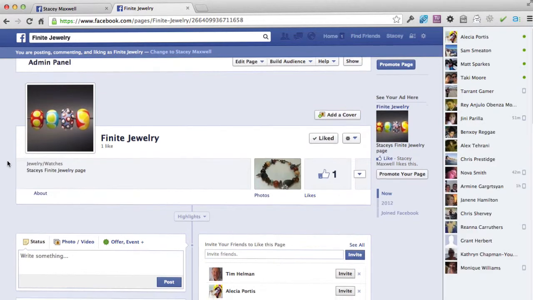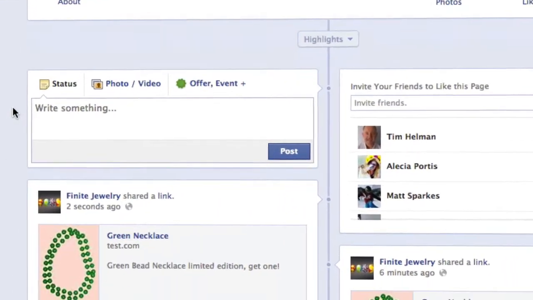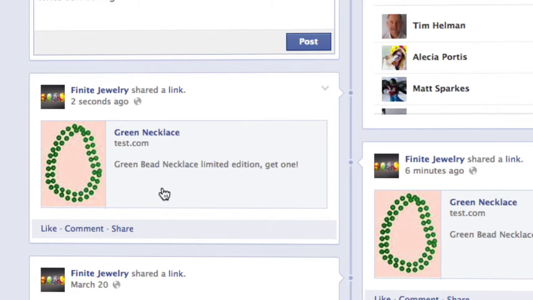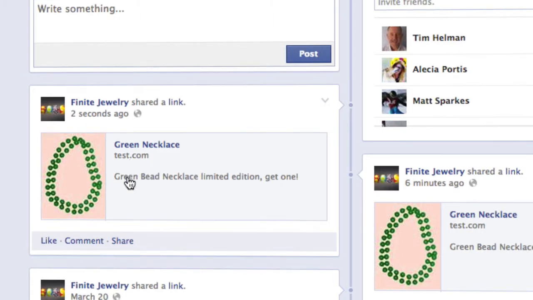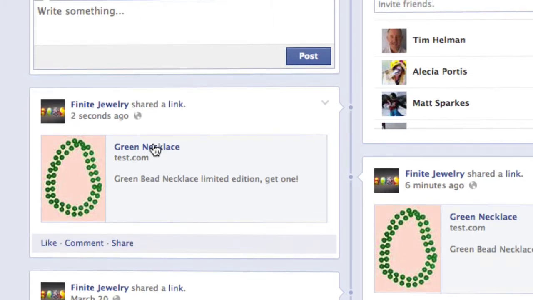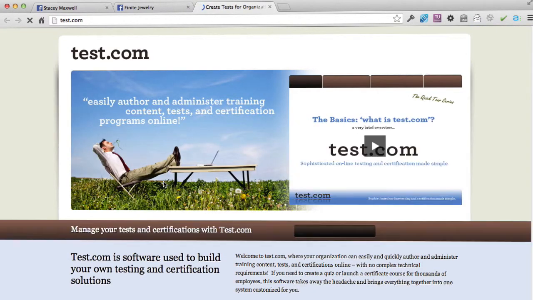And if we scroll down here, okay, so we can see here, this was the post that we made. So 2 seconds ago, we posted this green necklace. That's our URL, that's our description. And we can see if we actually click on this, I've got test.com here as an example, but that actually opens up to the URL that we put in. So if we just go back here,